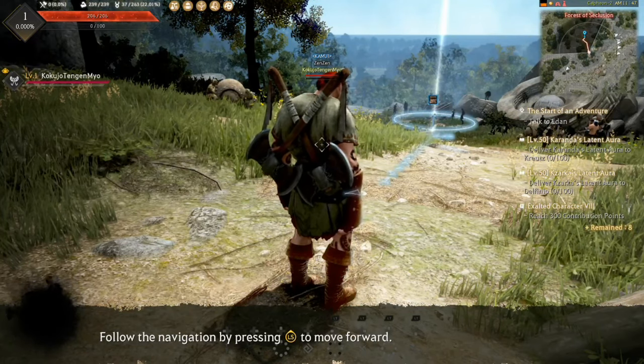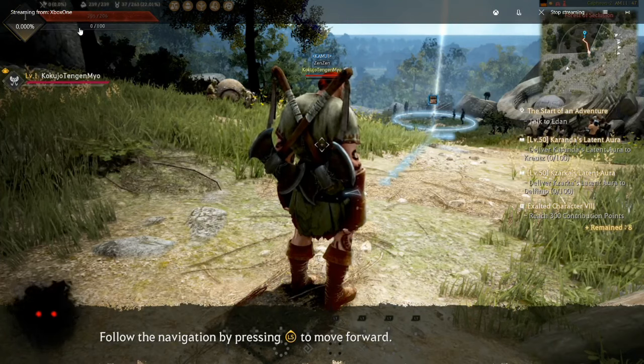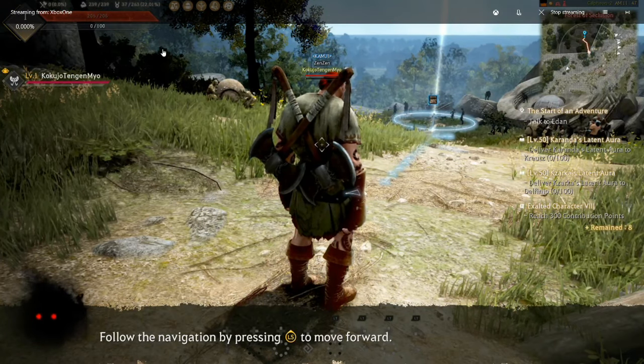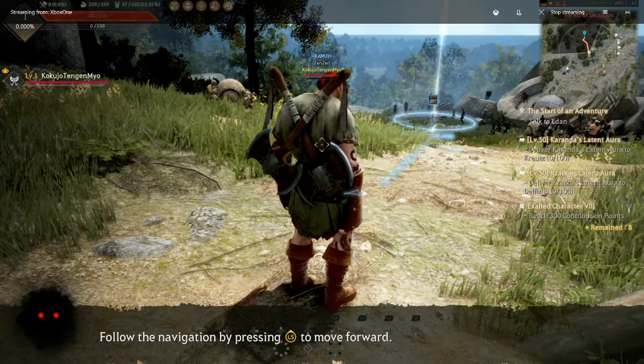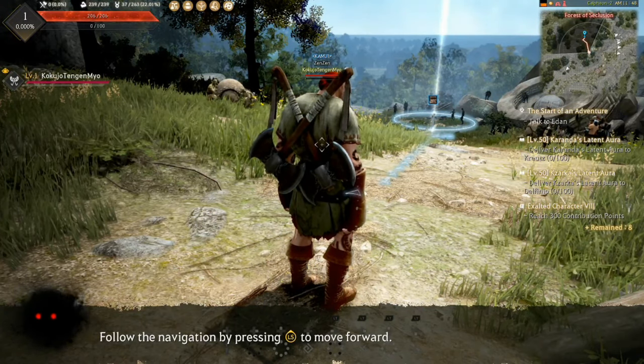So on the top corner, you're going to be seeing your level, as well as the diamond around it. Now, I'm going to try to see if this will work. Yeah, it kind of blocks it out. But we're going to be referring to everything up here as soon as the bar goes away. So it's streaming from the Xbox One in case anybody...